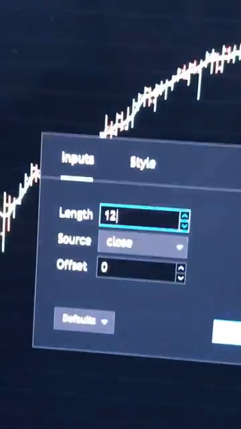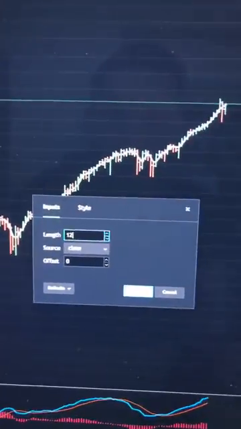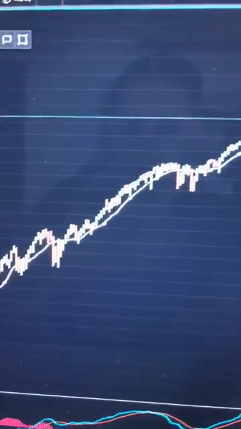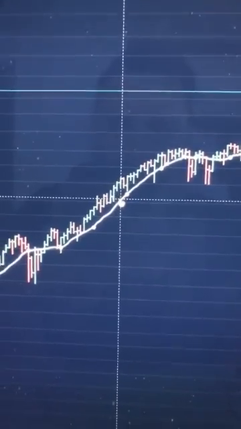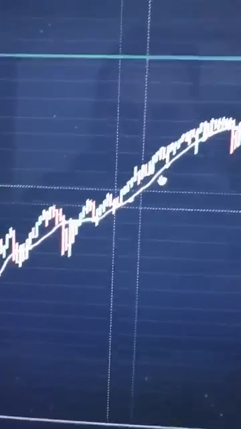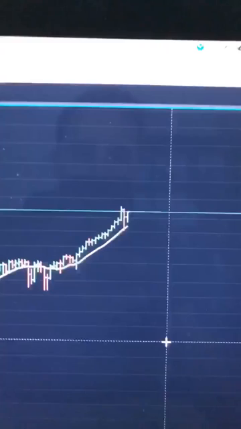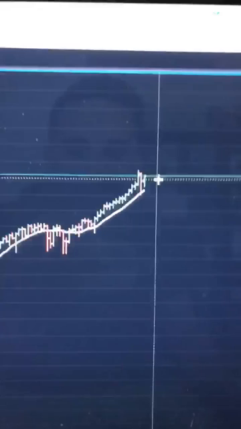I'm going to come in here and change it to 12, and look what happens to the white line. Bing, see that it shifted? What this is now, every single point on that white line represents the average price of the market for the last 12 months. This is significant when you're doing this, because at any point throughout history, including in the present, you can say if you had been doing time diversification for the last 12 months, the white line would represent